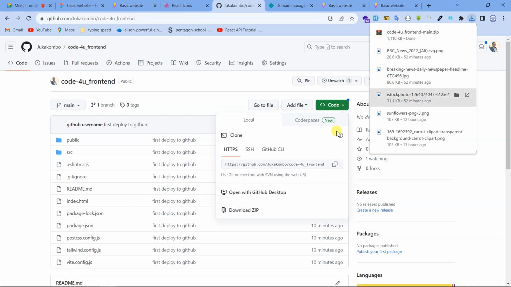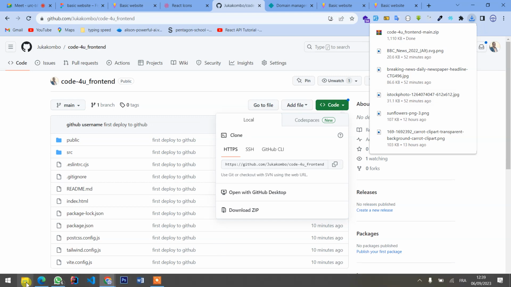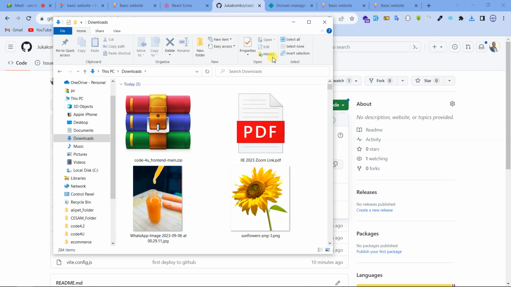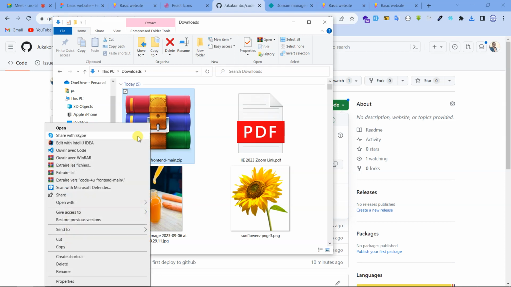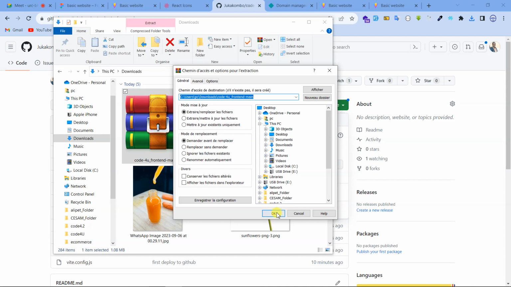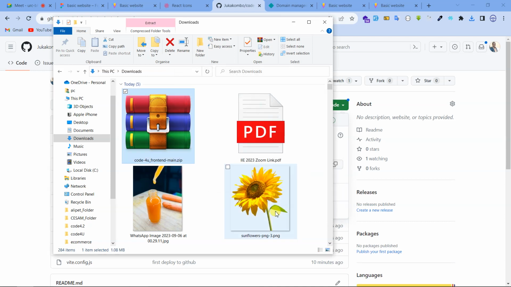Okay, mine is already downloaded. I'll walk you through. For those who are not following, you can have this source code without any effort. So this is the download. I'll just right click, extract the file. Mine is in fresh. Yours will be extract this file, extract the file. After this one is extracted,